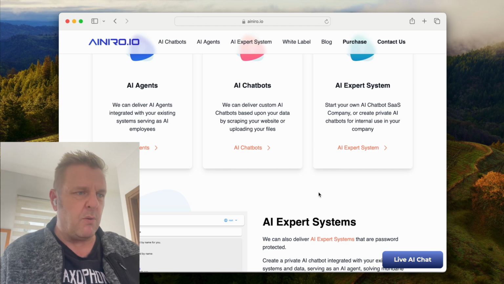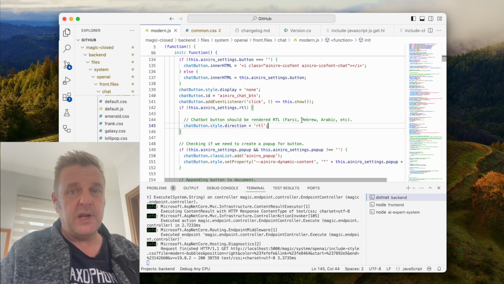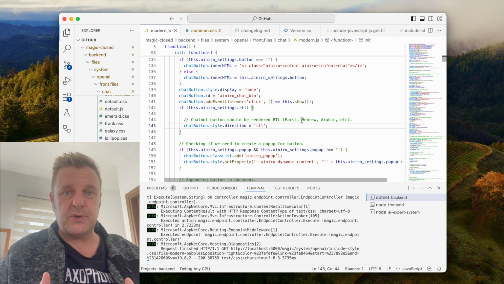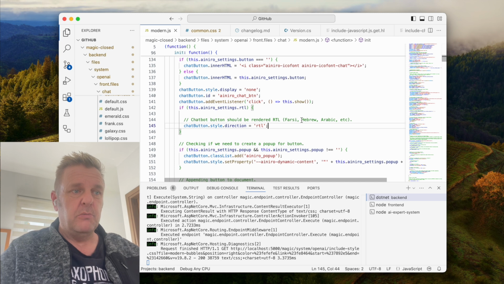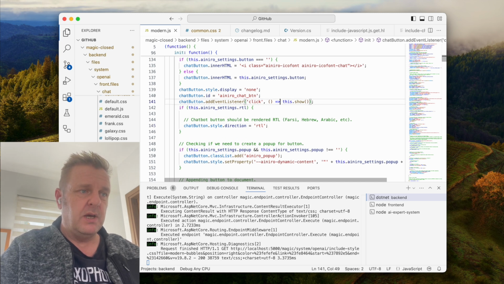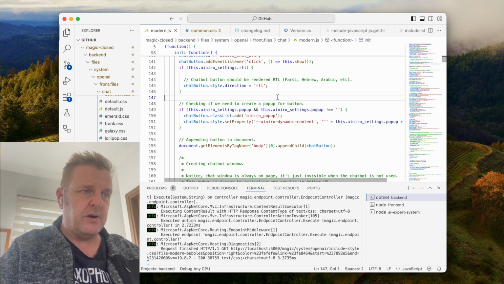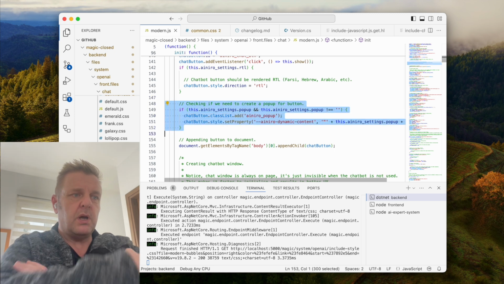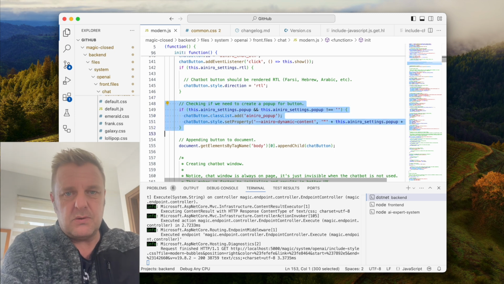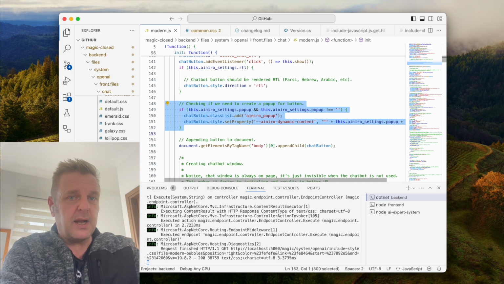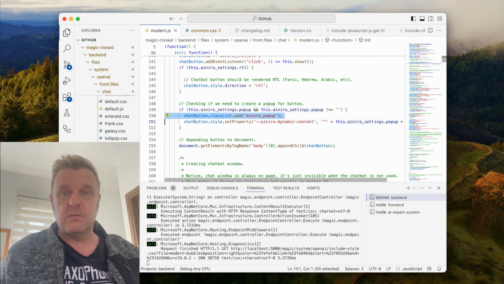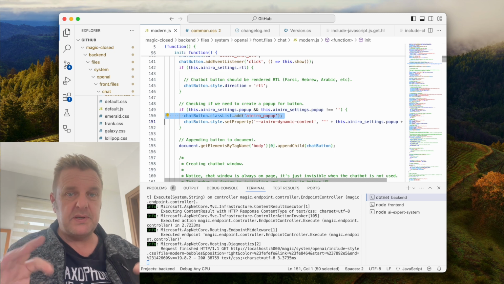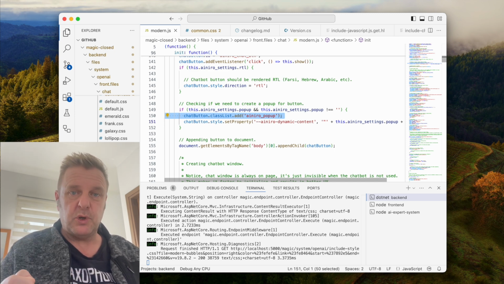So let me show you how I did it. You see, I did it without adding anything to the DOM whatsoever. I didn't add that chatbot bubble either, because it's actually a pseudo element. Here you can see, if I show you the code at line 148 to line 152, it basically checks to see if pop-up is declared in the JavaScript file, which is a part of the embed code. And if it is, it actually just adds a CSS class to the chatbot button.